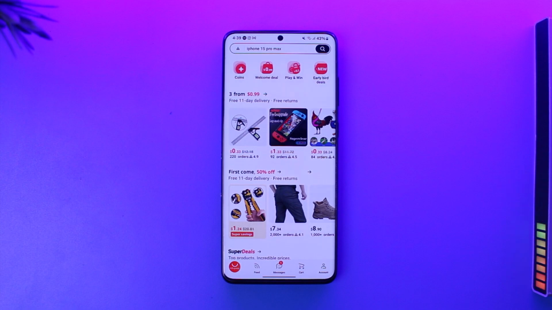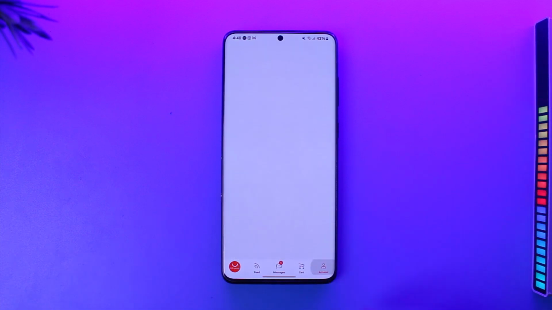But in another scenario, where it's just been an hour or two since you made your order and the seller has not really paid attention to it, if you are lucky, your order could still be cancelable. So to cancel that particular order, open up the AliExpress app, tap the account icon from the bottom right of the screen,